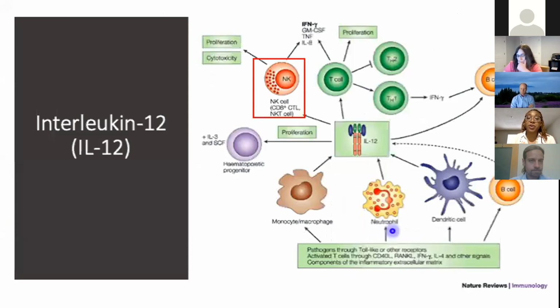And so just a brief overview of interleukin 12, or IL-12. It is a pro-inflammatory cytokine that's naturally produced by your innate immune cells, including your monocytes and macrophages, neutrophils, and dendritic cells, typically in response to pathogens. IL-12 induces proliferation and enhancement of cytotoxicity, and also the production of cytokines, particularly interferon gamma, in your natural killer cells. And so this was a line of investigation that we wanted to further explore, considering the effect of IL-12 on